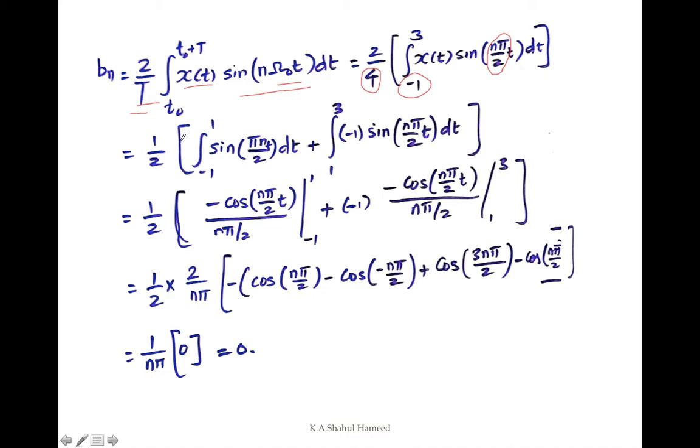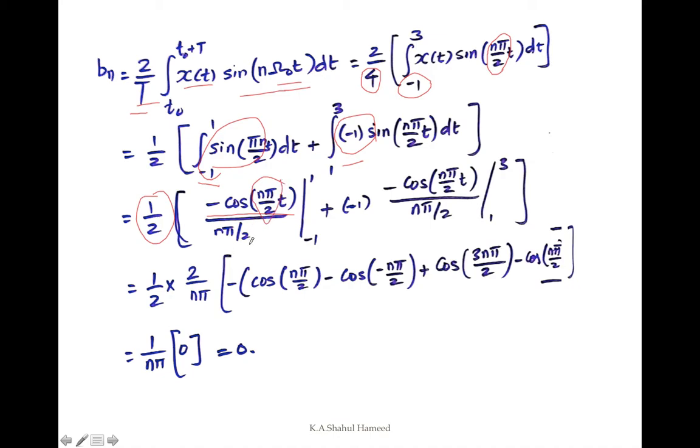As previously, we are going to separate the integration into two different sets, that is minus 1 to plus 1 and 1 to 3. Of course you know that during this interval the value is 1 and during this interval the value is minus 1. Now we have to integrate this equation. There is no change in the constant part 1 by 2, and when integrating sin n pi by 2 t, we will get minus cos n pi by 2 t